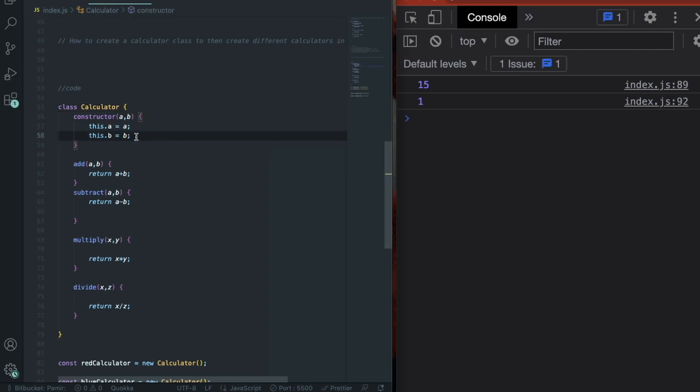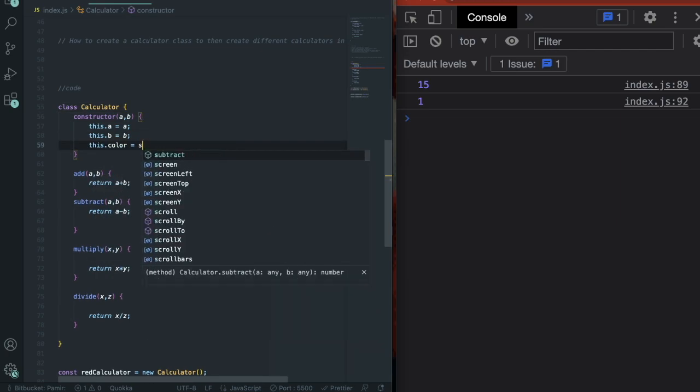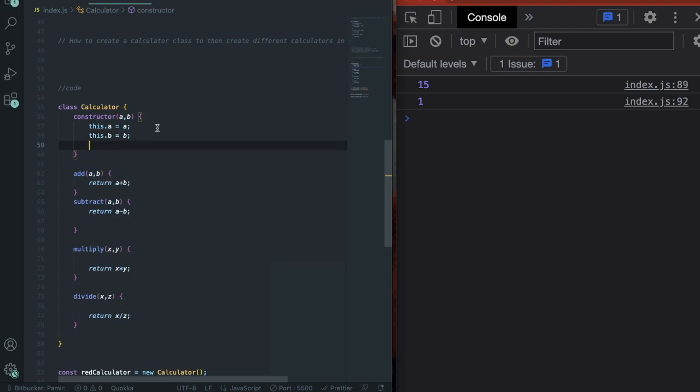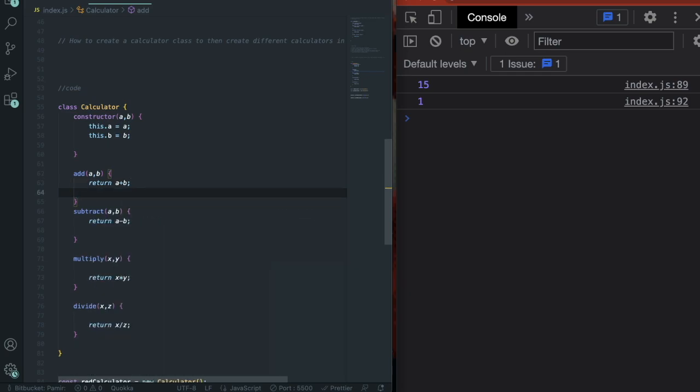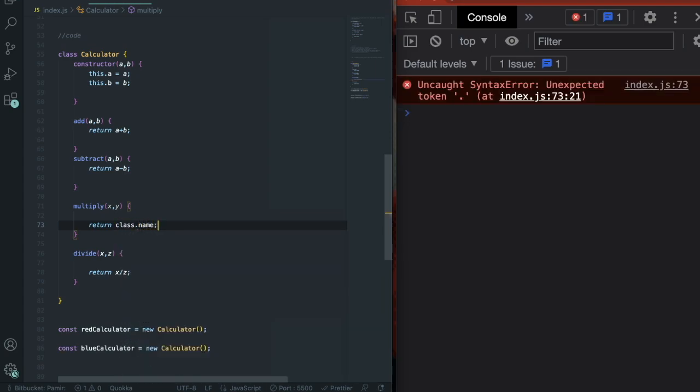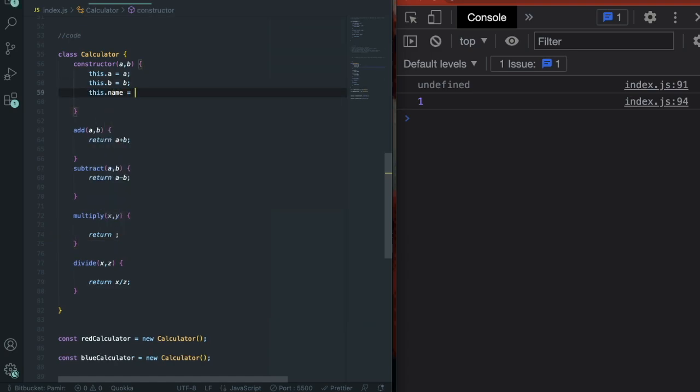And then we could make the blue one say blue or whatever. Like this.color equals. Actually, that's a little bit complicated. We'll leave that for another time. I would want to print the object name inside the object. So let's try it. Which one are we already using? Multiply. Inside multiply, what if we said return class.name? Nope, that didn't work. This.name. Undefined. What if we name equals name and then return